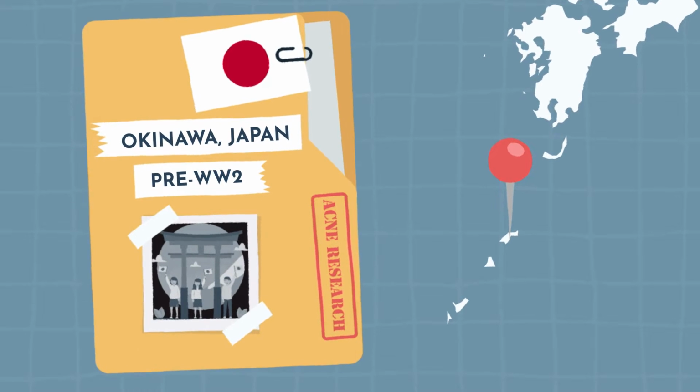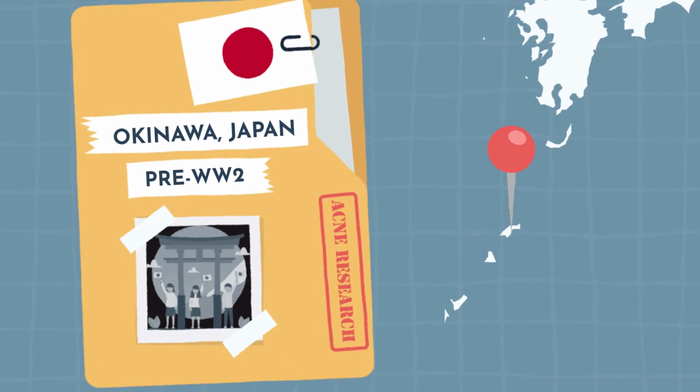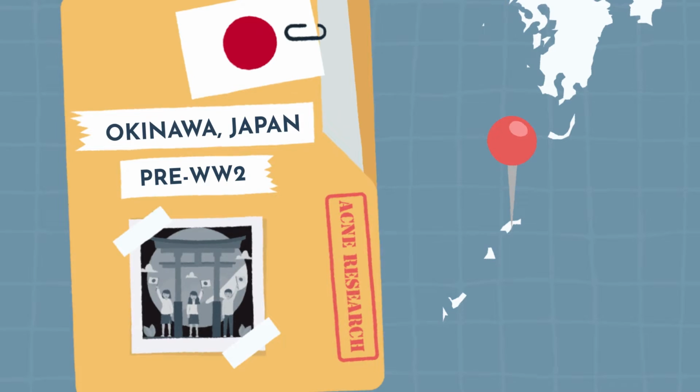And at the time before World War II, it was a very remote island, and they lived a very natural island, non-westernized lifestyle. And they asked the doctors who had been practicing on Okinawa between 8 and 41 years, what is happening with acne? What's the prevalence? How are you treating it? And across the board, all the physicians said, there's no acne here and we don't treat it.